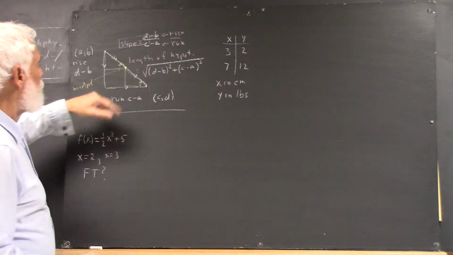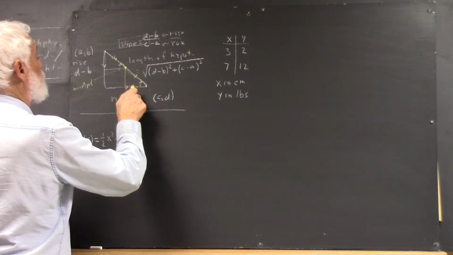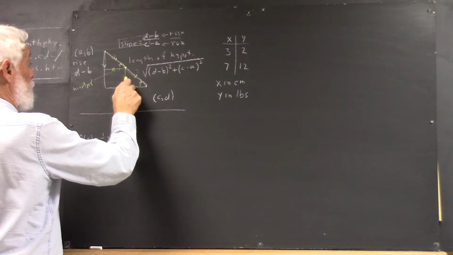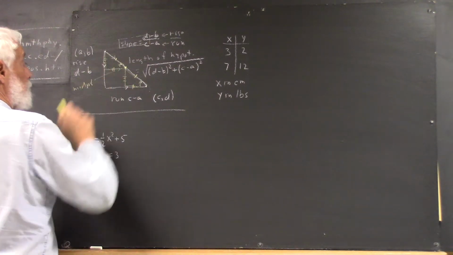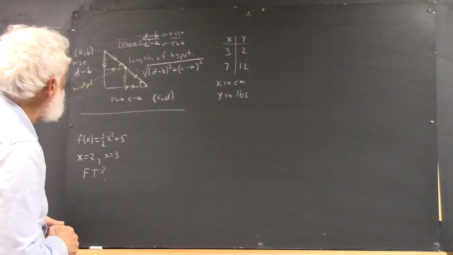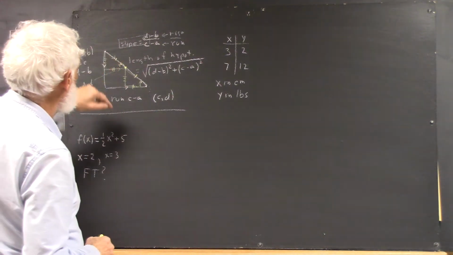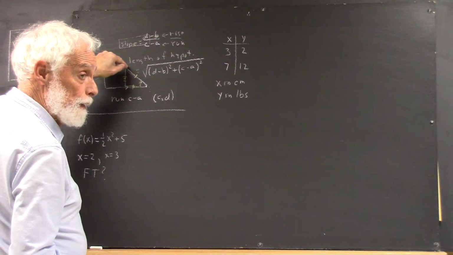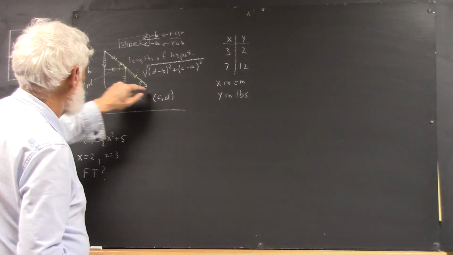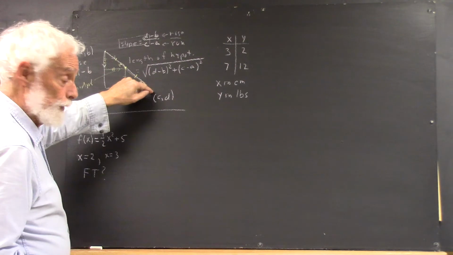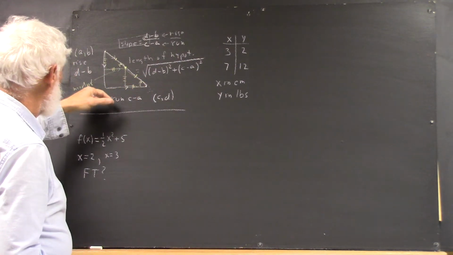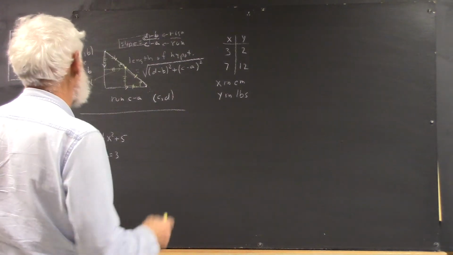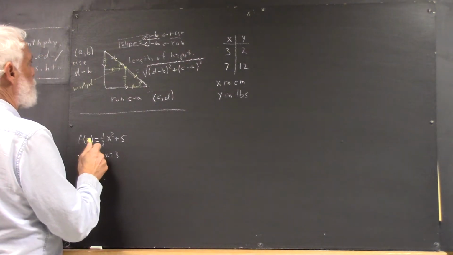This means that this side has to be the same as this side, and this side has to be the same as this side, so that the x-coordinate of this point is halfway between the x-coordinates of this point and this point, and so is the y-coordinate. So for the midpoint,